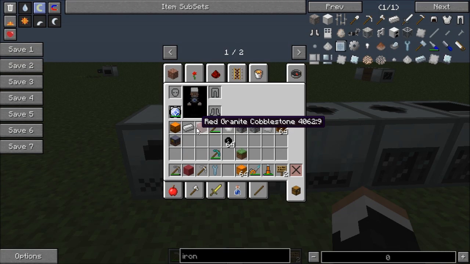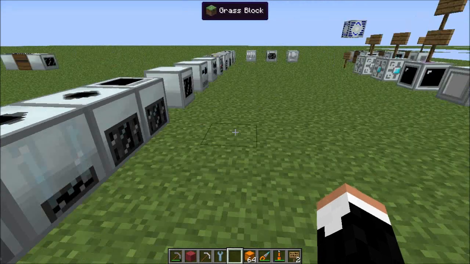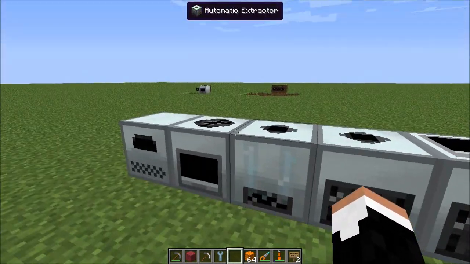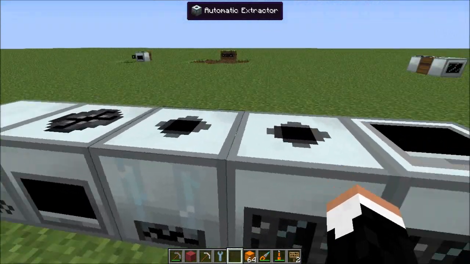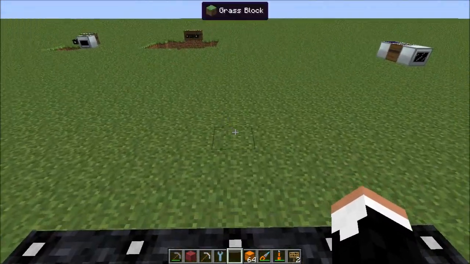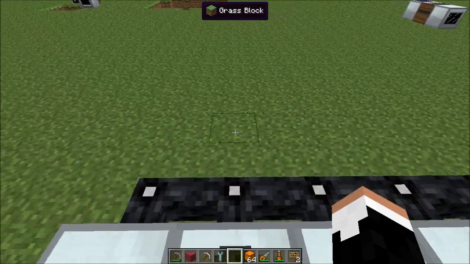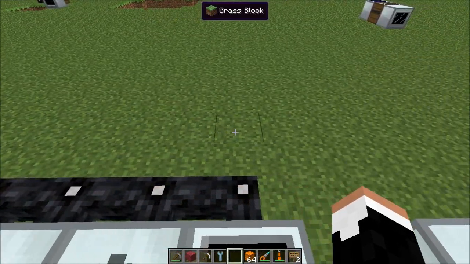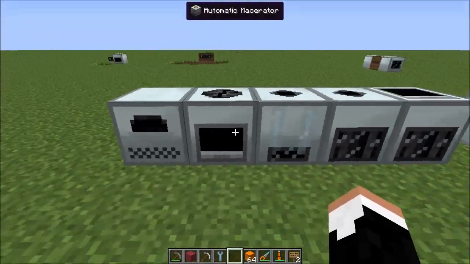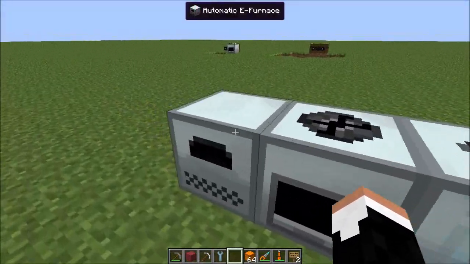You might have noticed, though, that all of the recipes that I've been going into require that iron and not the refined iron. That's actually an Industrial Craft change. If you didn't catch that, you might want to go watch Industrial Craft 101A, because the refined iron basically no longer exists. We've already got our basic machines here that are added to us